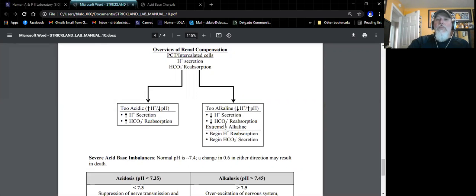Now, again, if we're extremely alkaline, then yes, we can actually begin to resorb hydrogen and secrete bicarb, and that happens in the intercalated cells of the collecting tubules. So that collecting tubule, where we're finishing off the concentration gradients of the filtrate, if it's extremely alkaline, we can see this happen. But this is really what helps to balance the pH of our urine and the specific gravity